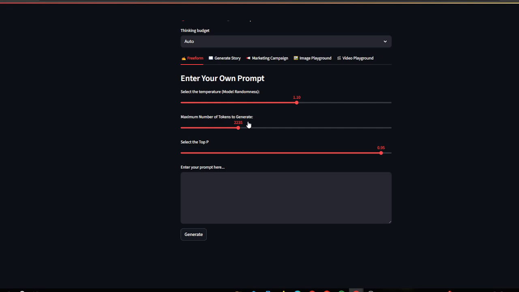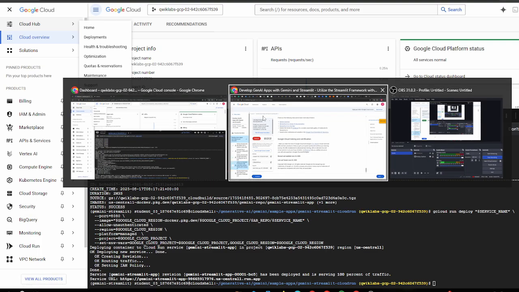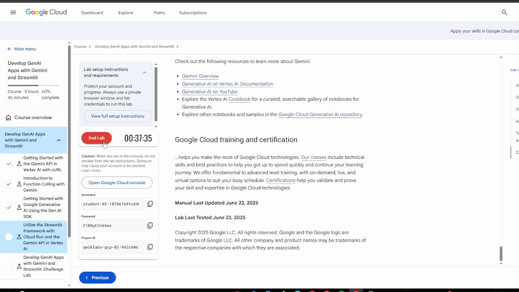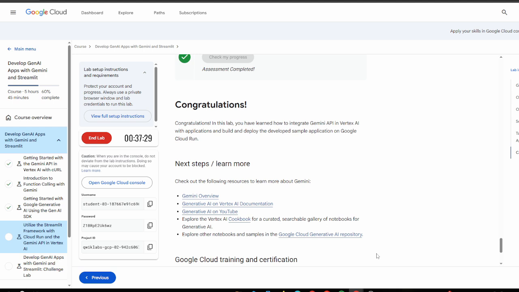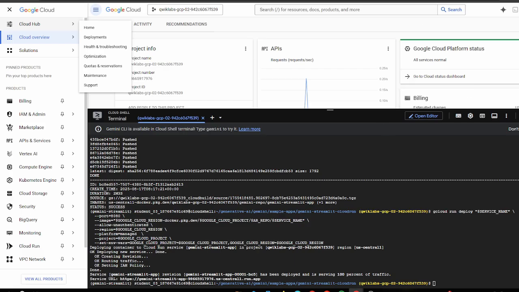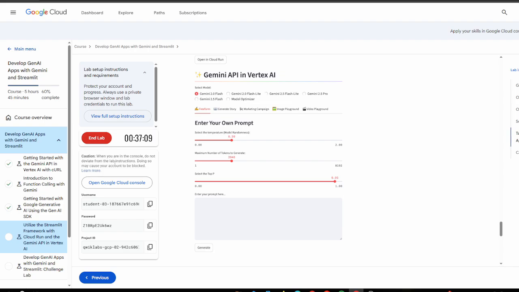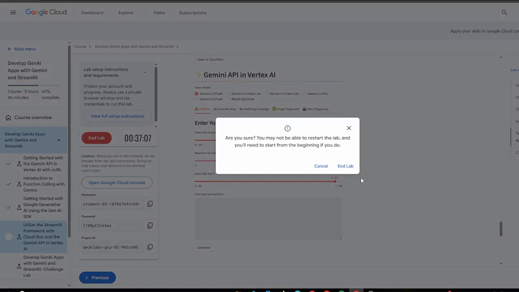Okay. I'll just close the lab right now, because we are done with this lab, and it was a nice lab. It was interesting actually. So do use it, and before closing the lab, I'll just close the incognito window. Now I'll just end the lab,